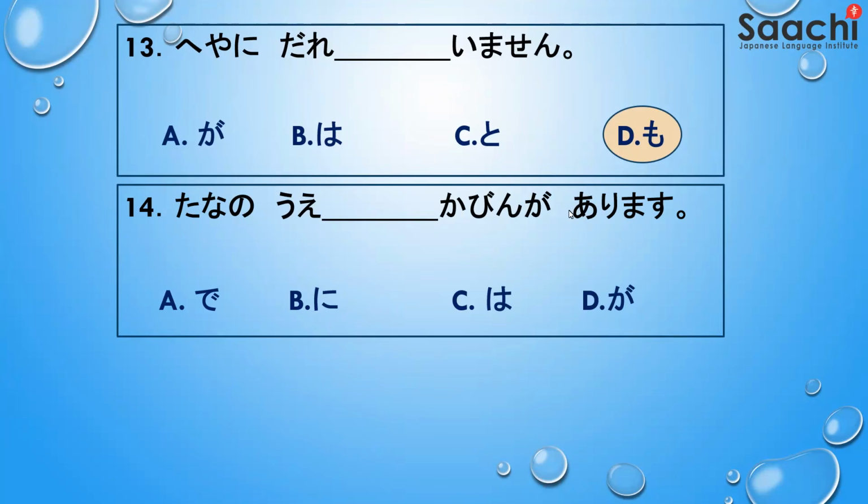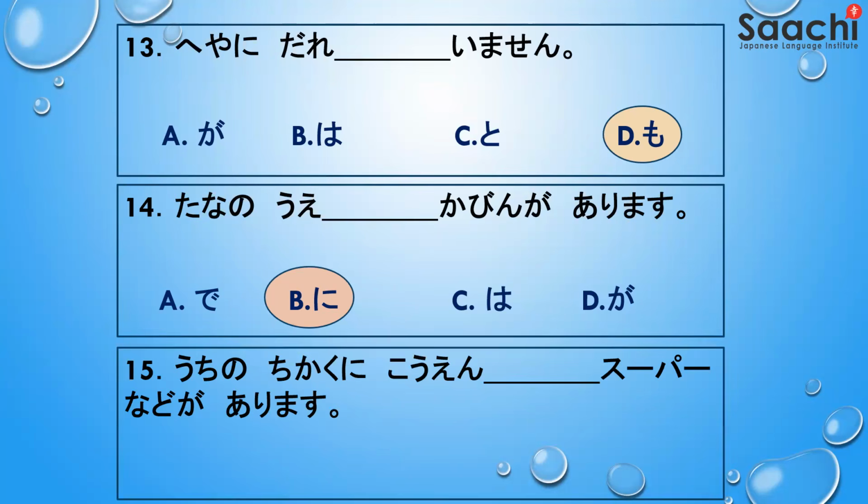Whenever you are pointing at a location using the verb あります、you will use particle に。棚の上に花瓶があります。